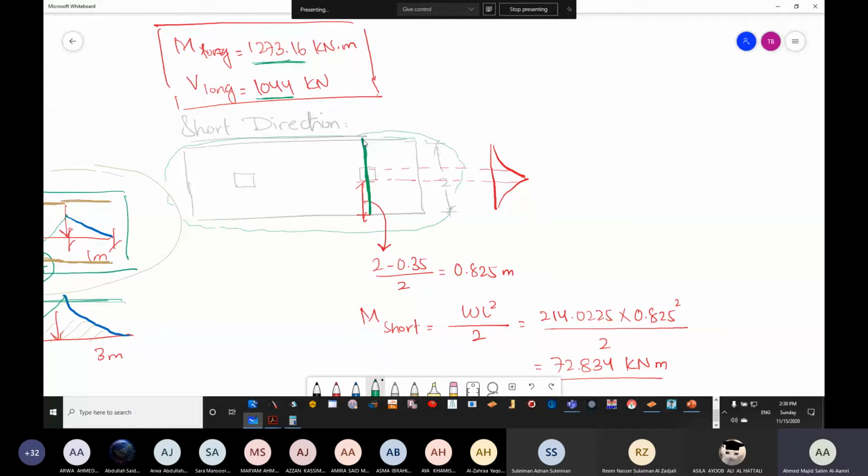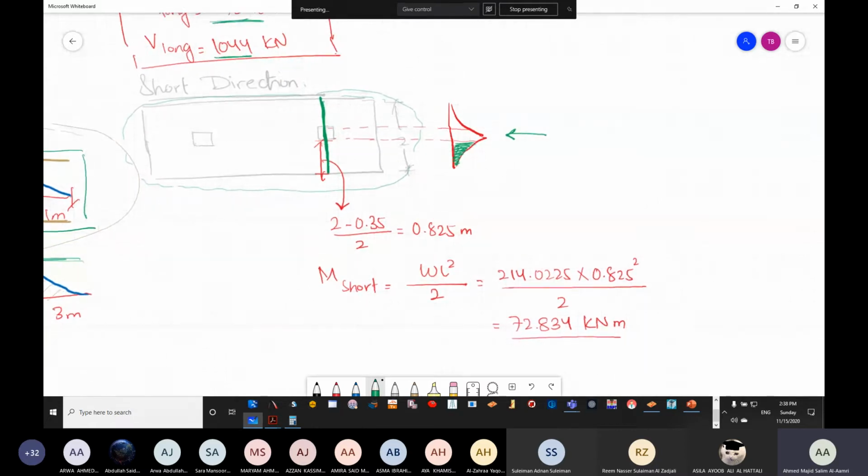If we look at it from here, it looks like an isolated foundation, only one column is there in the shorter direction. In the longer direction, we have two columns. Now, how to calculate the bending moment for the shorter direction? You need to use the same concept that you used for the isolated foundation. We have this particular dimension to calculate the face of the column, and then we use WL square over 2 to calculate the moment